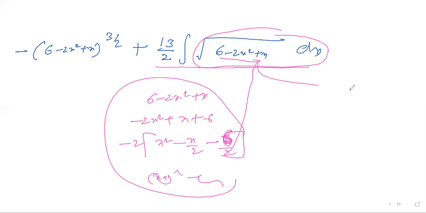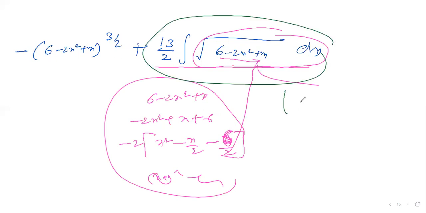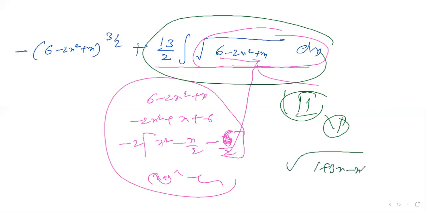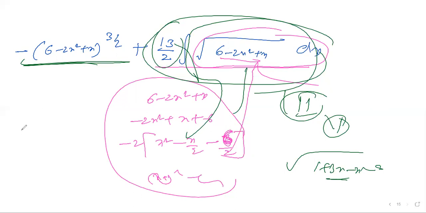This question looks like the second bit, first question, which is already there. I think you already completed under root of 1 plus 3x minus x square, which I explained already. Like that you can continue. You find the answer for this, then multiply by 13 by 2, then add this answer. You are going to get the full answer. Any doubt, Nana? Clear? Any more doubts? Okay. Good boy. Now next.